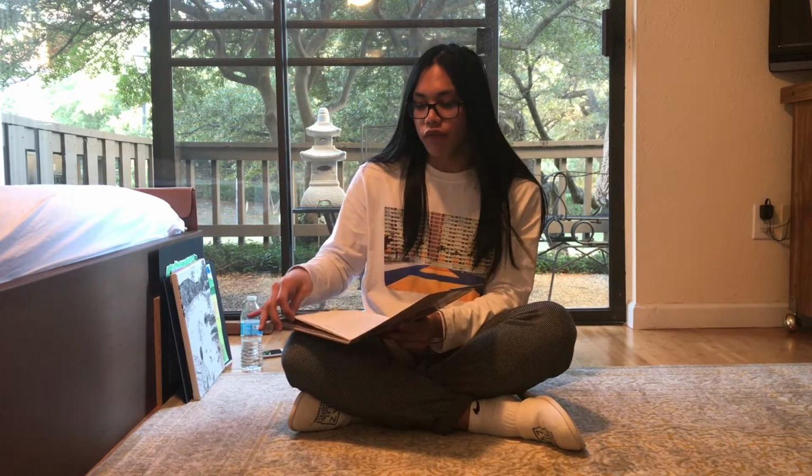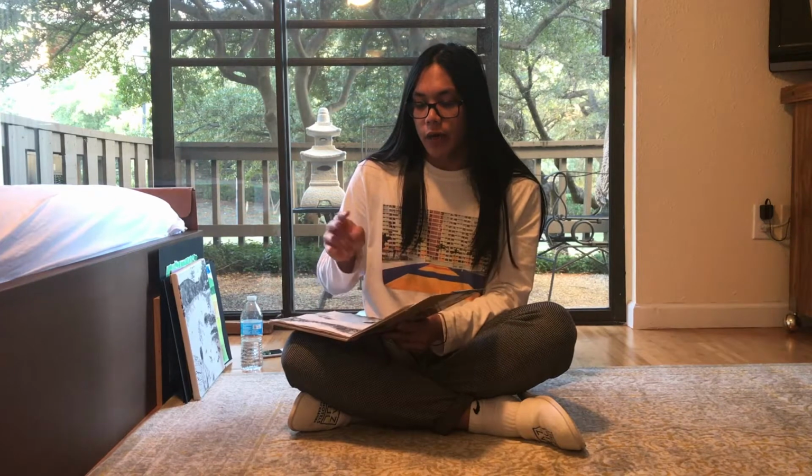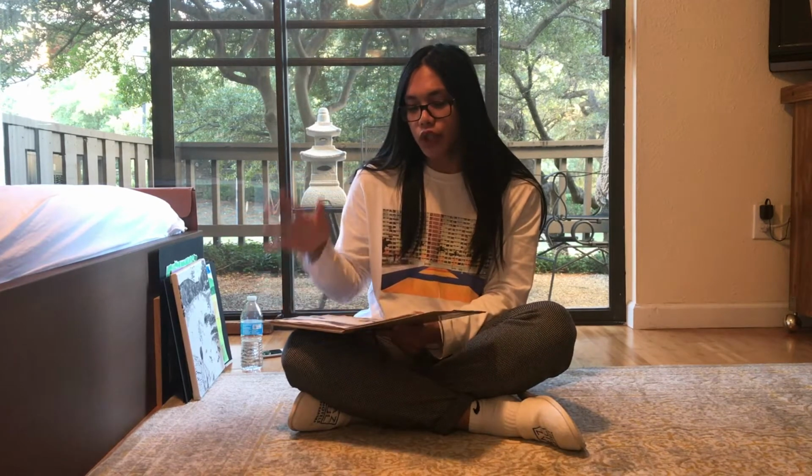Okay, so today it's kind of a sketchbook tour, and then I'm going to show you the finished work from the sketches I made. The purpose of this was to have a sketch of it before we produce it, kind of like production notes. So I'm going to show you the notes and then some of the finished process, because